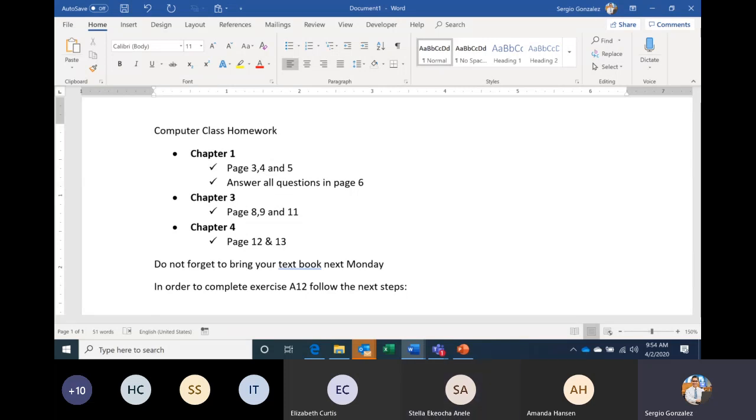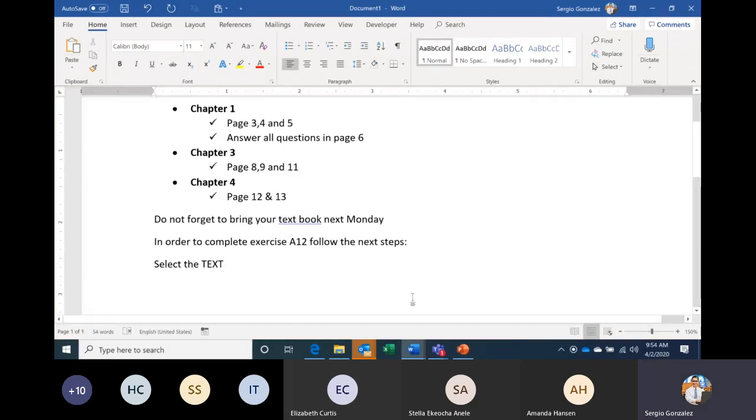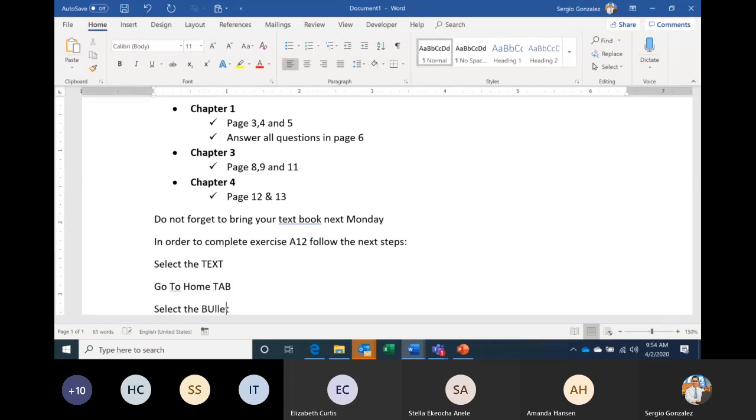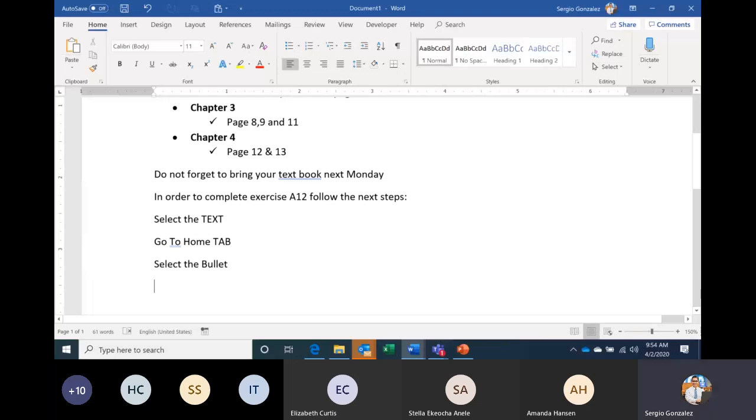Don't miss a step. You can start typing the steps. You can say, okay, select the text. This is an example. Go home, tab. You want to be specific to tell somebody you need to follow this step. You can select the text,